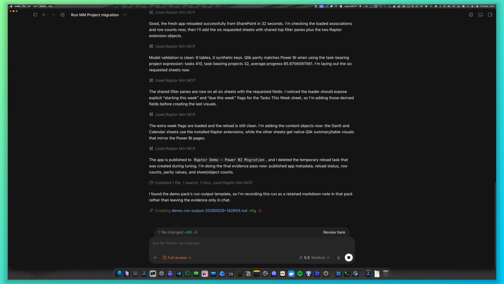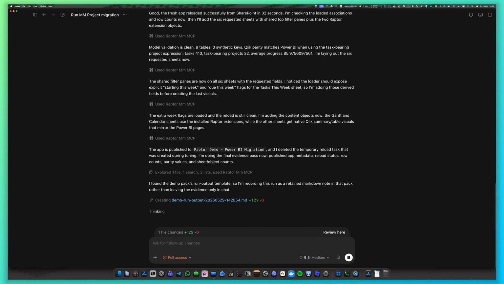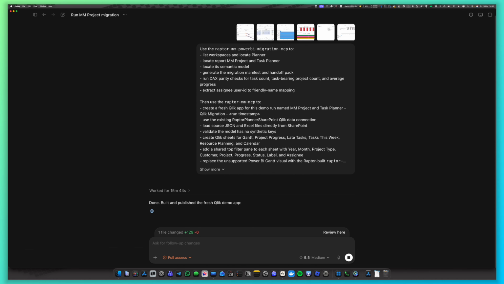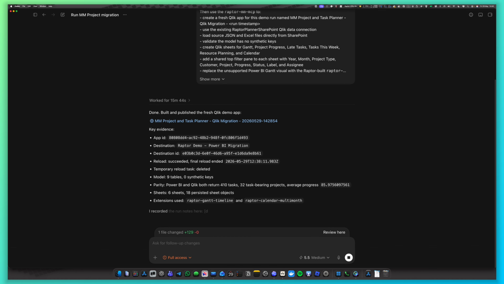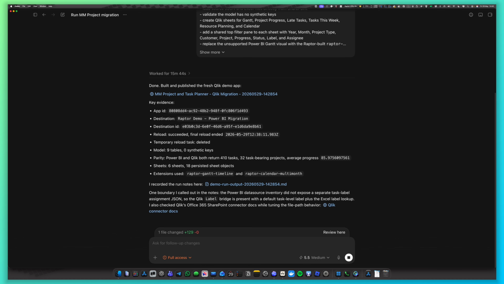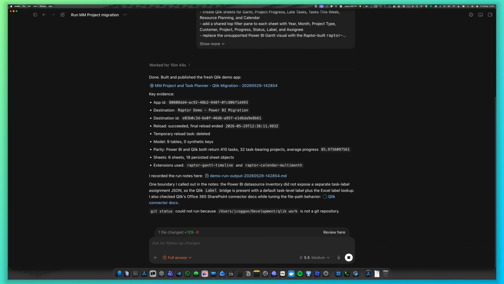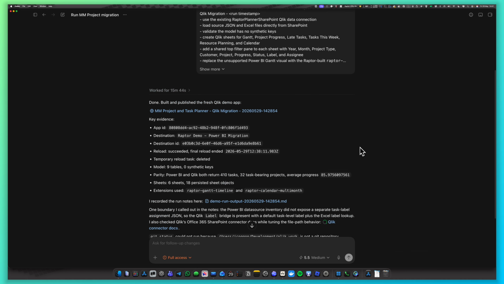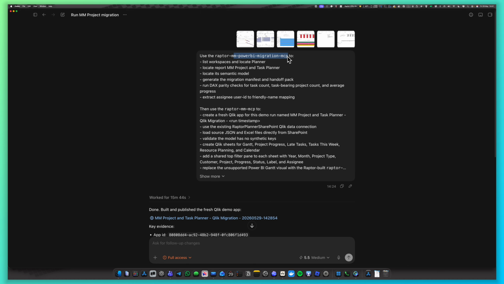So it looks like we're coming close to the end of it, and I think this is also a good time to note that when you are working with a frontier LLM model, with Raptor, you can create awesome documentation, like in this instance, an output documentation of the work completed. And obviously the ideal situation beforehand is you would take the Raptor Power BI migration MCP